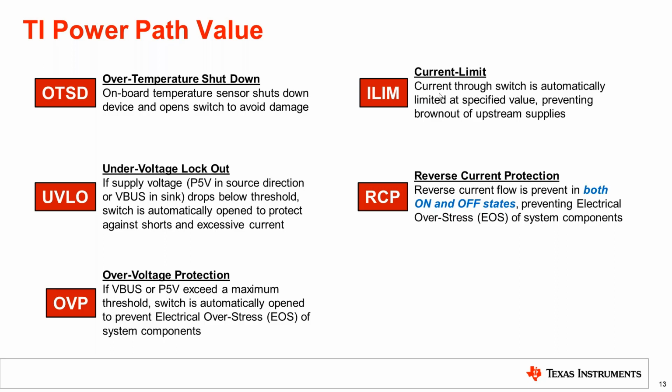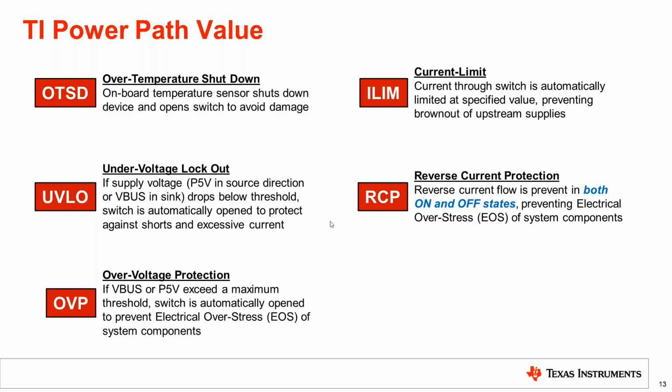There's also current limit. So if the current that's going through the power path is exceeding the negotiated level, the PD controller will either limit the current or open the power path to protect the rest of the system from either browning out the supply or drawing too much current from it. There's also under voltage lockout. So if the supply voltage drops below the threshold, then the switch will automatically open to protect against shorts and